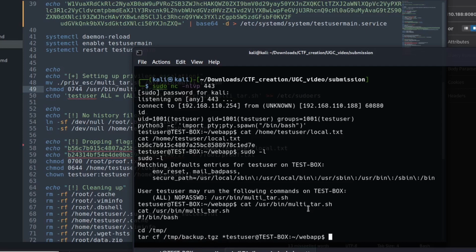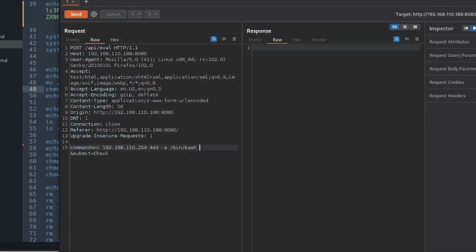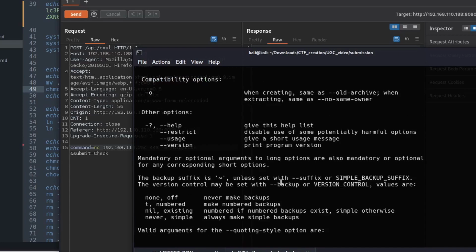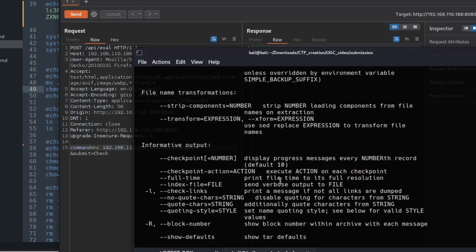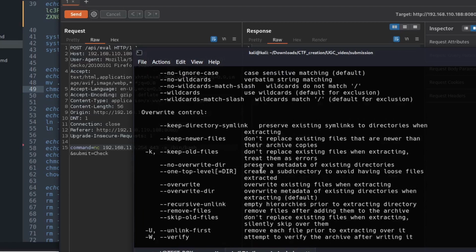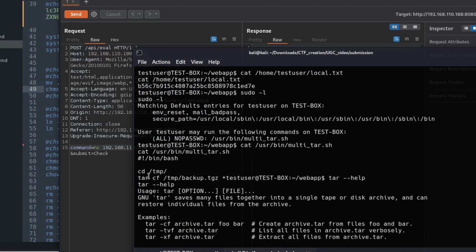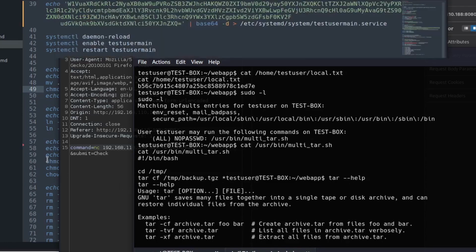Tar also has some arguments. If I do tar help, we can see this. There are so many arguments we can make use of. These arguments we can have as file names, and bash will just put the file names here and tar will think it is an argument. So in the walkthrough